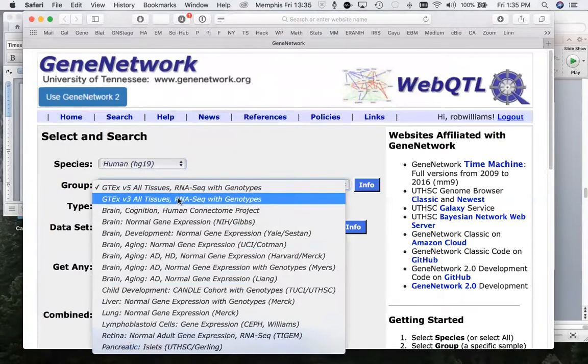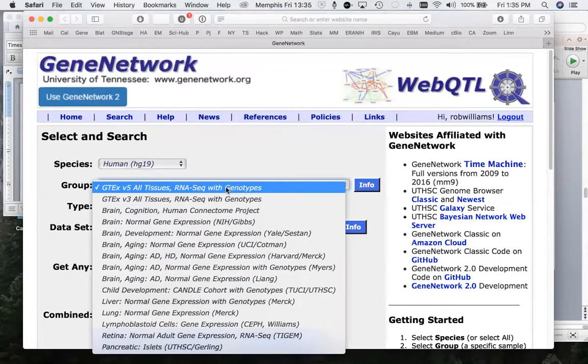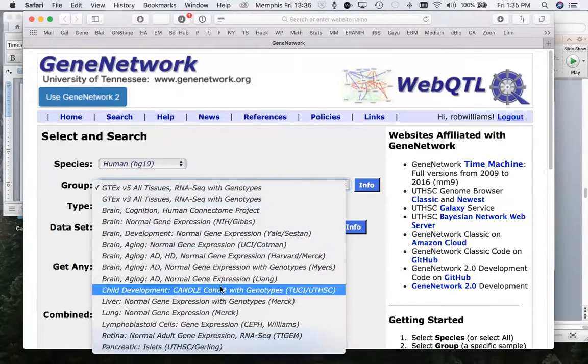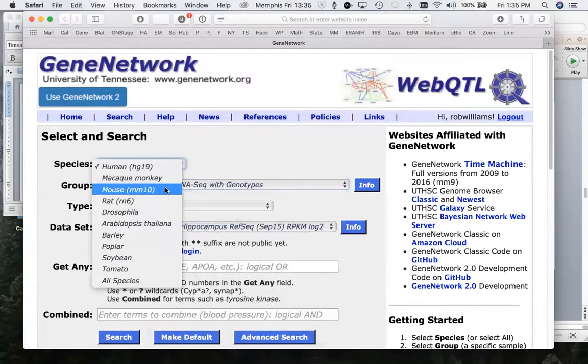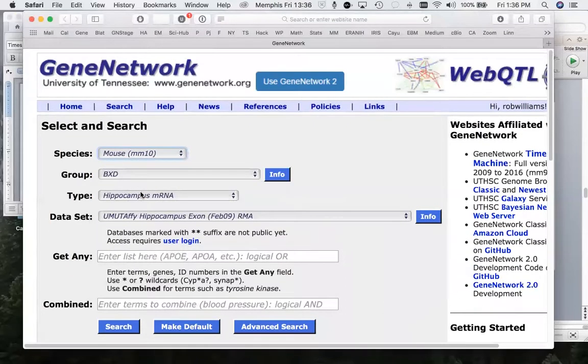You'll notice that these first two up here are with genotypes, and that allows you to extract causality from the genetics rather than just looking at correlation matrices. Here's another one that we're doing with genotypes. Human data is good, but I'm going to focus on mouse and rat because I want to keep the topic here on kind of experimental precision medicine. Mouse and MM10 is just the assembly that we're using, so Mus musculus version 10. This is Rattus norvegicus version 6, and I will take you here to the BXD.